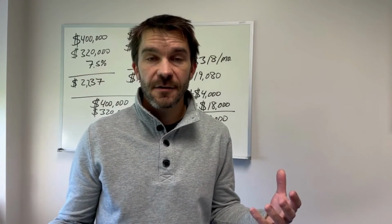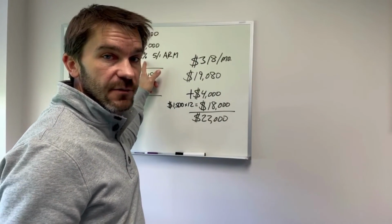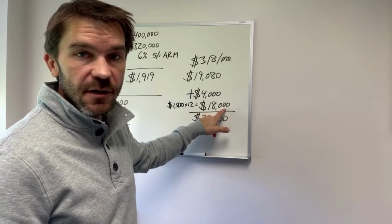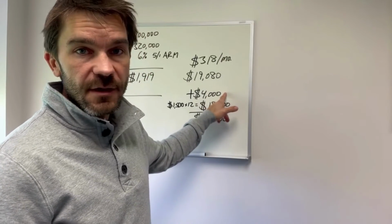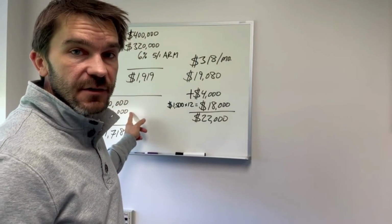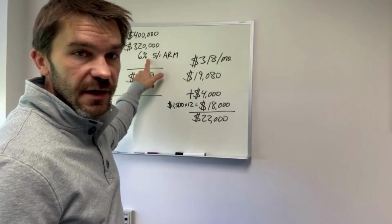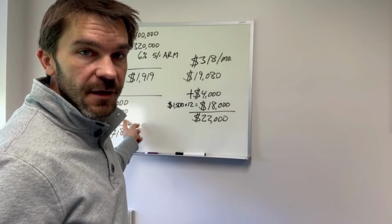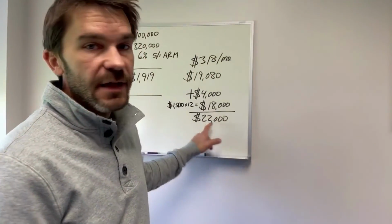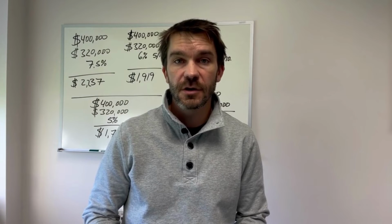And then here's the kicker. Let's say Tom has a 6% and he buys the home now, takes out a mortgage at 6%. He waits a year. He's already saved $18,000 over the rent that he would have paid. He's built up $4,000 in equity. So he's already starting from a position that's $22,000 ahead of where he would be if he took a loan out a year later. But guess what Tom's going to do? Tom's going to take this 6% and he's going to refinance down to 5%. Tom's going to end up with the exact same payment of $1,718, and he's just walked away with $22,000 extra in his pocket. So as you can see, it's a good example to show your clients and say, hey, now